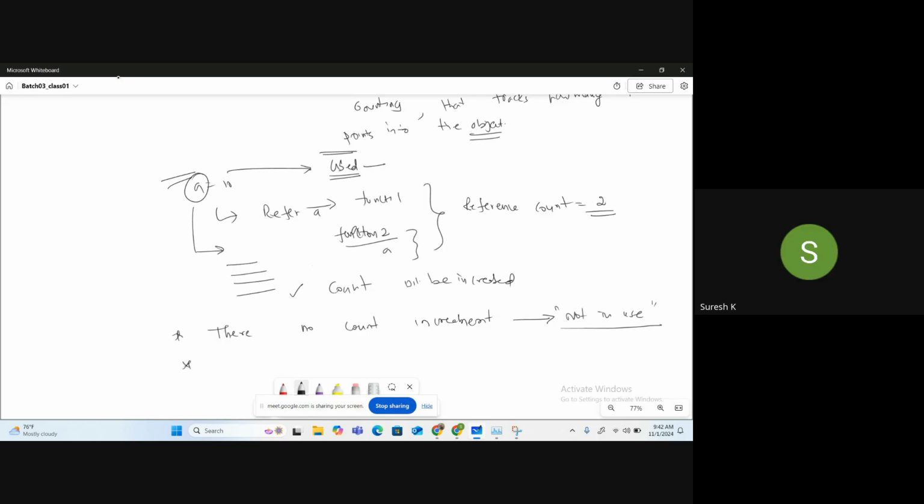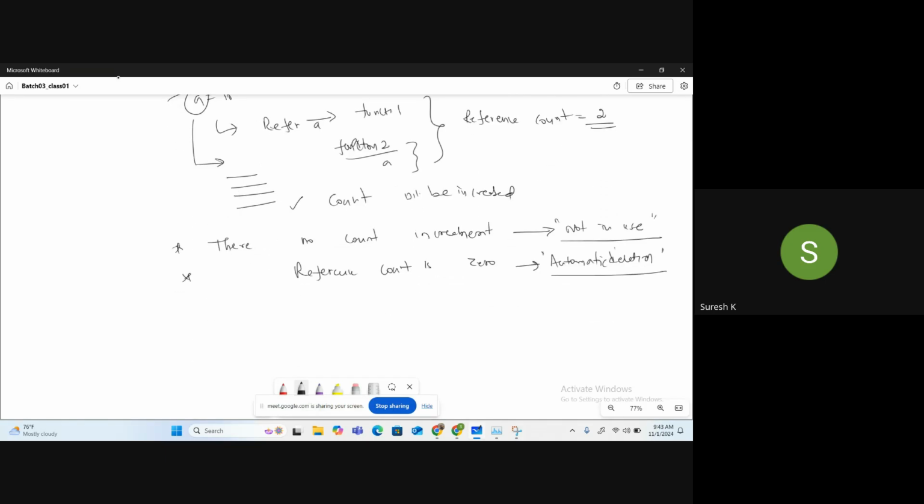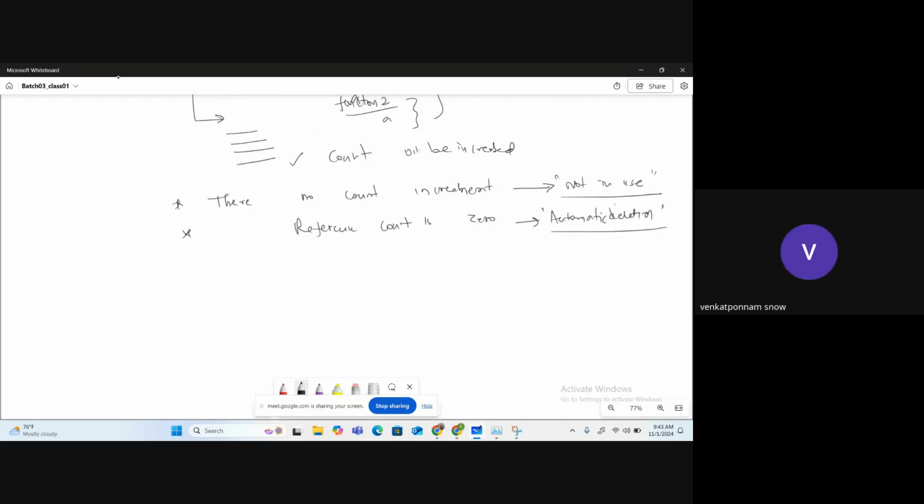So when the reference count drops to 0, then it will do the automatic deletion. Clear? This point is clear? Yes, it is clear.